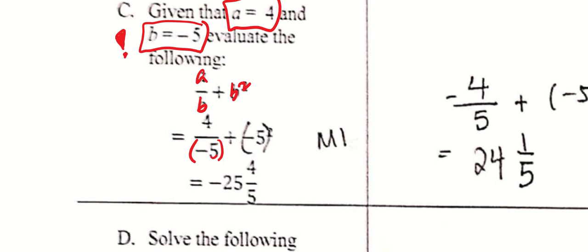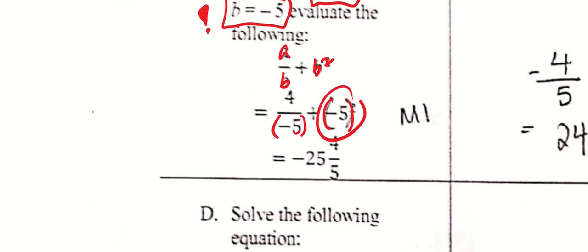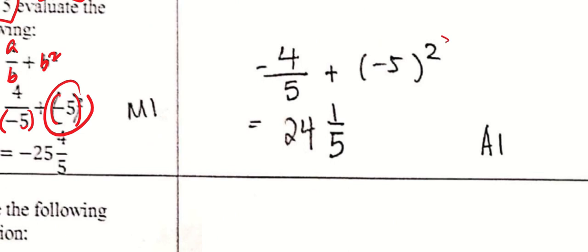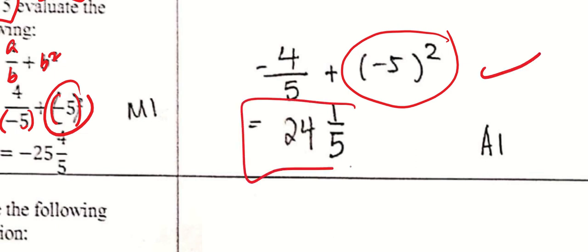Now in the original question, there's no bracket over here. So actually this is the mistake, which most of you spotted, okay? Because I reminded you of the difference between -5 squared and, well, (-5) squared, okay? So please be careful of the difference. What is the difference? Okay, so if you have put in this as the correction, it is fine. However, most of you managed to achieve this step, but somehow your final answer is wrong. I have no idea why.